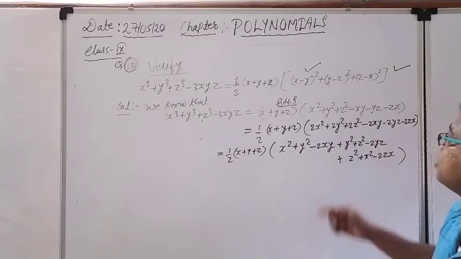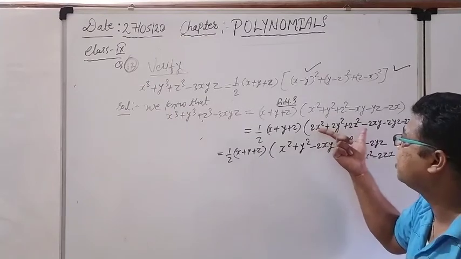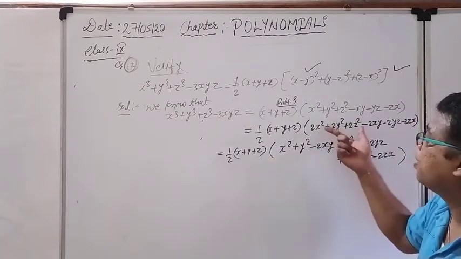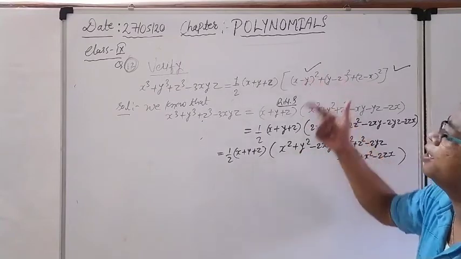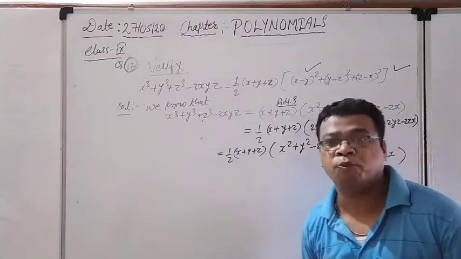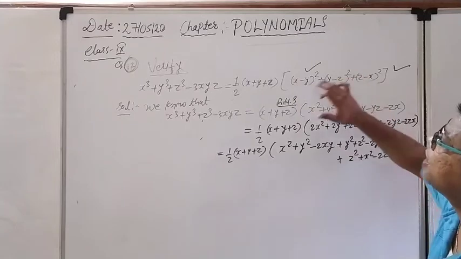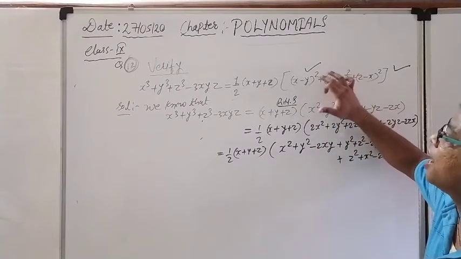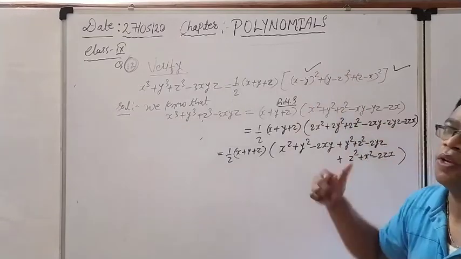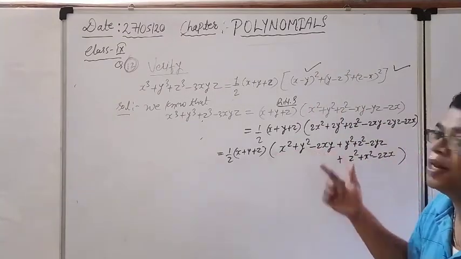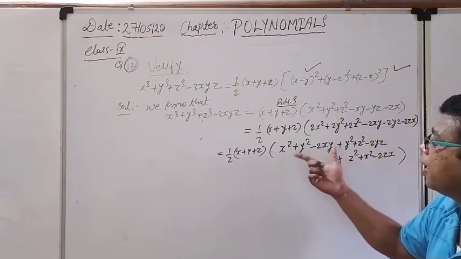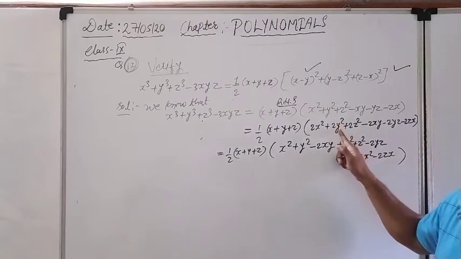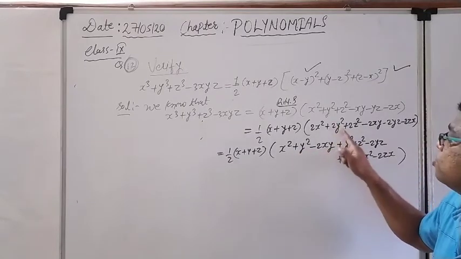Whatever the things which I was getting here inside the bracket, I have just distributed according to the format which we have to prove. It was made according to the requirement of what we have to prove. We need x minus y whole square, so what is x minus y whole square? Actually x square plus y square minus 2xy. When I write this down and recheck it from the previous term, it is going to be the same.